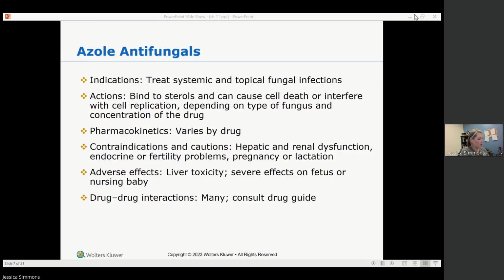So another complication for amphotericin B is nephrotoxicity. With this drug, you want to obtain baseline kidney function, so a BUN and creatinine. You want to follow that up with weekly kidney function tests. You also want to monitor electrolyte levels, especially potassium, and administer supplements for deficiencies. Amphotericin B can also cause bone marrow suppression, so you want to obtain a baseline CBC and hematocrit and monitor weekly.